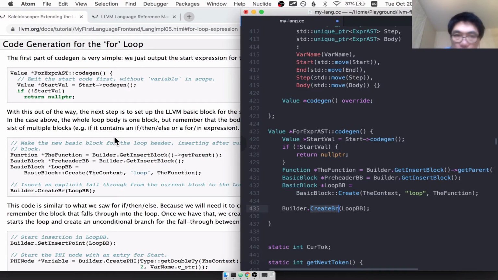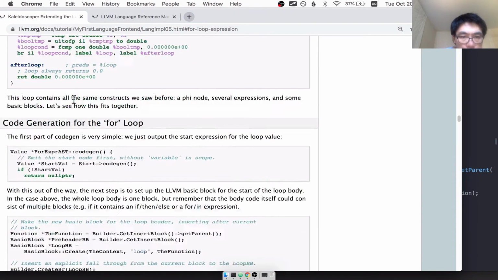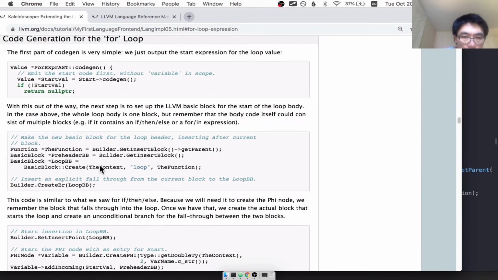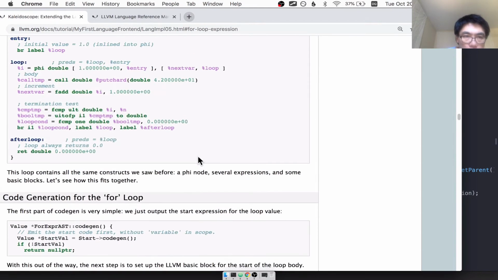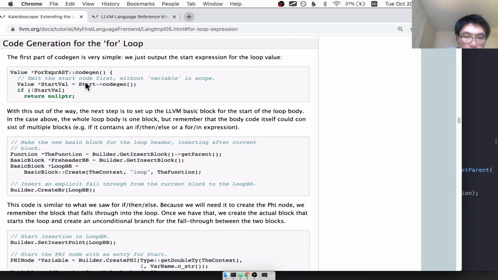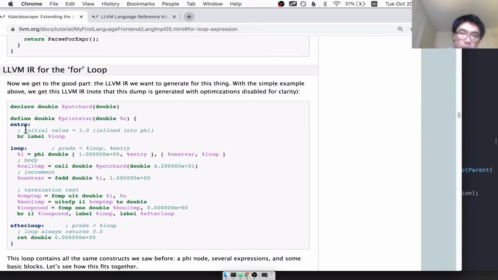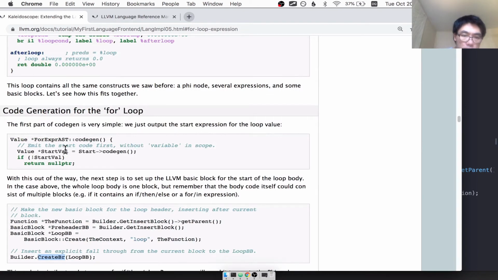BR stands for branch. So that's going to create this branch statement here for us. Get insert block probably already inserted this block here, and then that puts the current context at this entry point block, and then this is saying